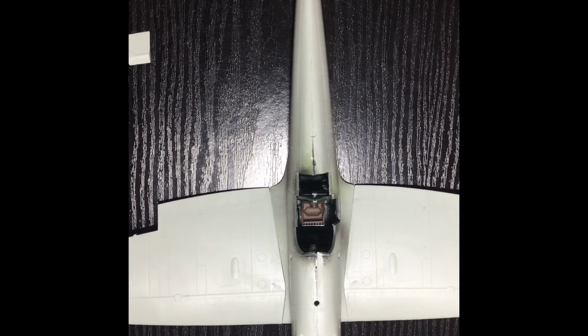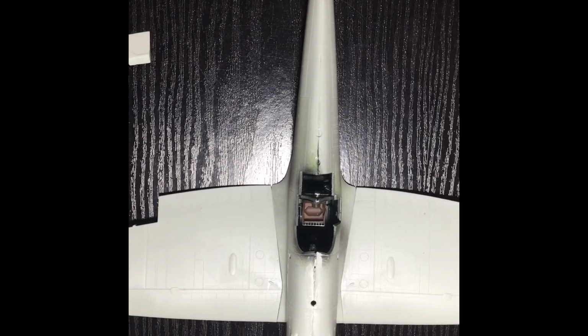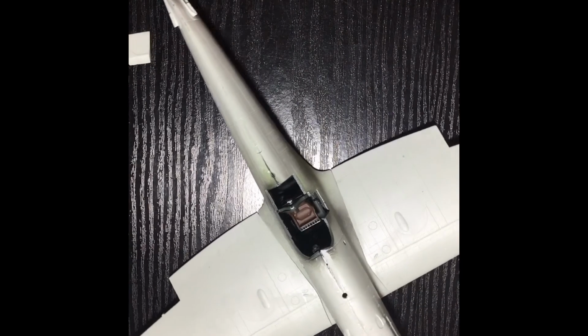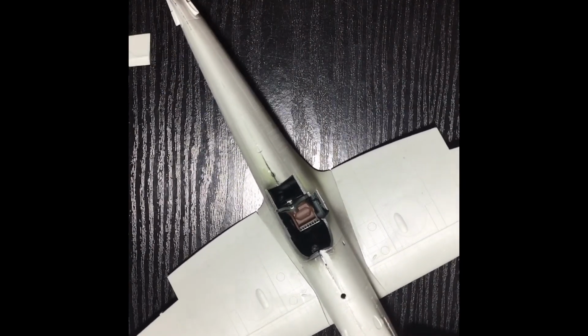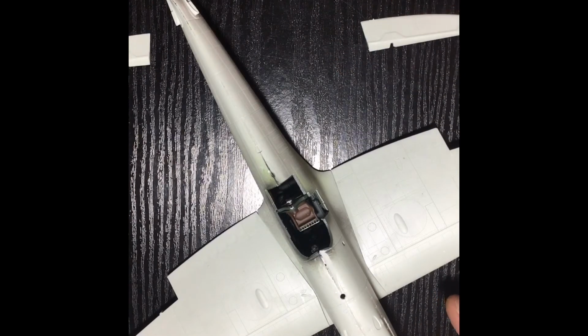Apart from that though, they're not big things, they're just little things. It's not like it's wrecked the kit or nothing. You can always get around them. So yeah, that's that, guys. That's the stage I'm at now. As soon as I get off, I'll stick all the ailerons and all the flaps on. And also